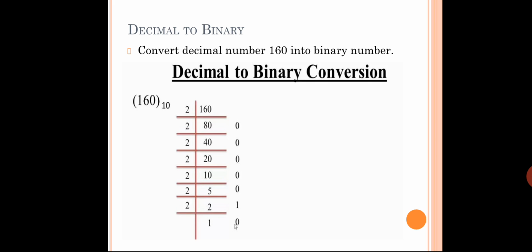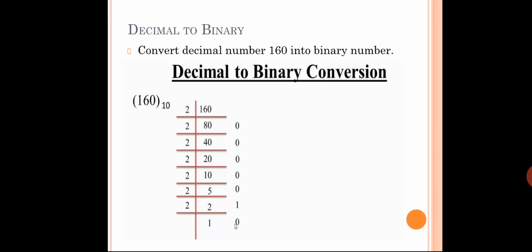Okay, so 160 by 2, it is 80, so remainder will be 0. In front of 80 you have to put 0. If you don't have the remainder, you have to put over there 0 or 1. Okay, so next 40, 0, 20, 0, 10, 0, 5. So how much 5? So 2 2s are 4. So 1 is the remainder. So that is the reason why they have gone for 1. Next, 2 1s are 2, remainder 0, and quotient is 1, or sorry, remainder is 1.